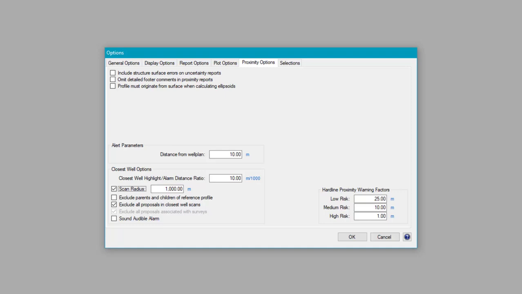It's always a good idea to define a scan radius for the closest well scan in order to speed up the calculations. Otherwise, KellyDown may take an excessive amount of time to scan all the wells in a large project. It is not necessary to scan wells that are more than, say, 1,000 meters away from the current well, because there is no chance that the offset well would ever become a collision risk. A distance of 1,000 meters means that no part of the offset well is closer than 1,000 meters to the